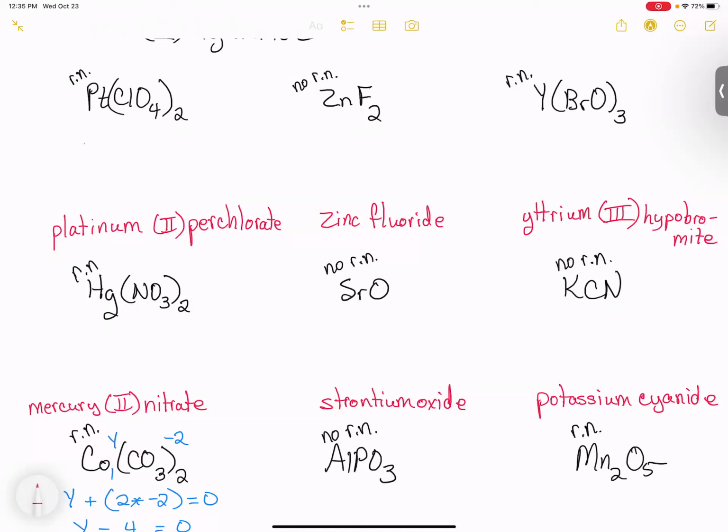Second challenge. You will be given a periodic table that has the names of the elements. But if you have not familiarized yourself with the periodic table, meaning if you have not done enough of these problems where you can go, okay, it's a metal I don't know, so let me look in this region here, or it's a non-metal, so let me look over in this region. If you haven't gotten it down to where you can at least say what region it's in,